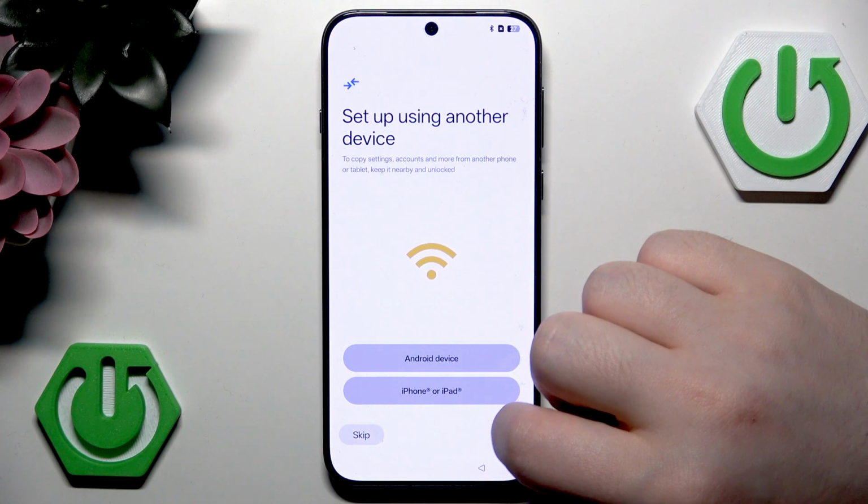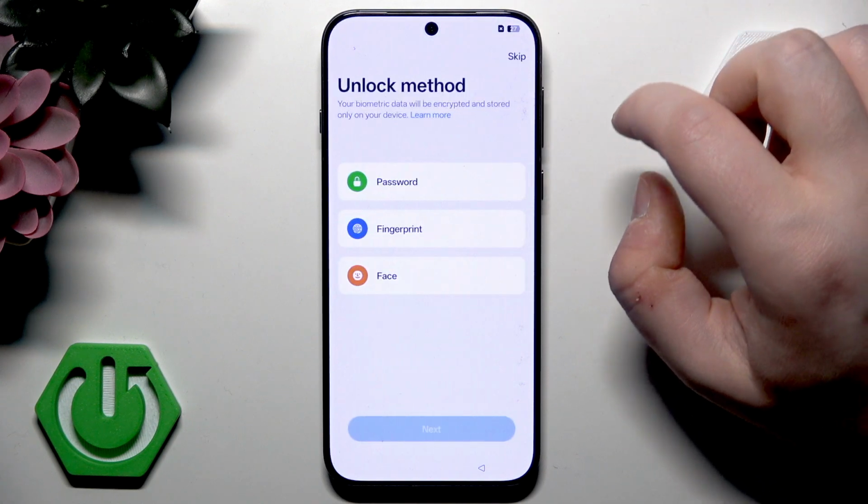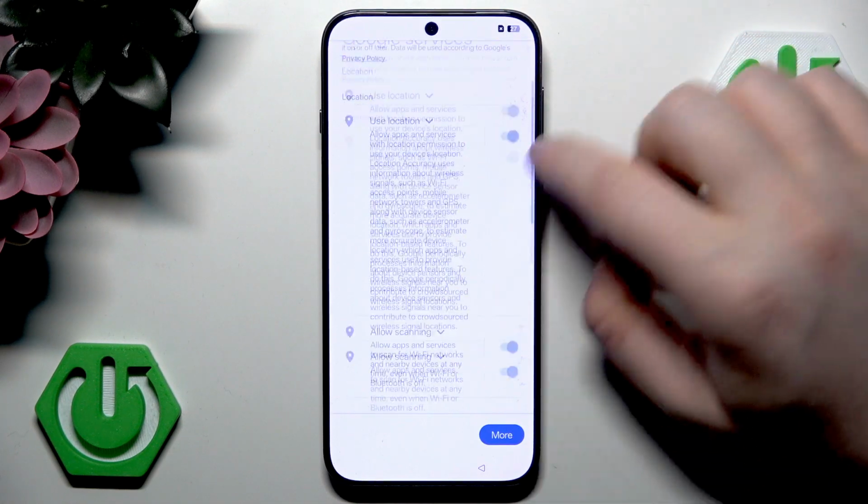And now you can set up using another device, or you can just click skip, and here you can connect to Wi-Fi, or you can click skip again. Now you can set up your unlock method, or you can click skip, and now you have to scroll down